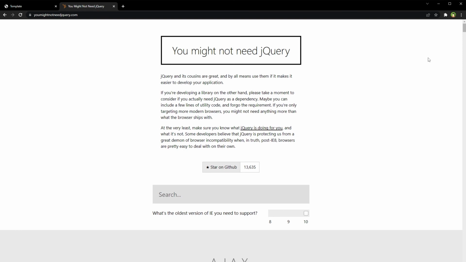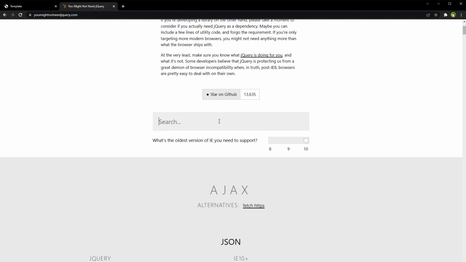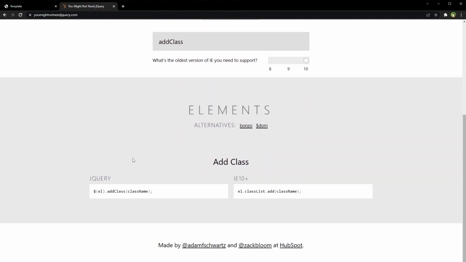And here is the resource that will help you replace anything in jQuery with its JavaScript alternative code. Go to the You Might Not Need jQuery website, search for the method in jQuery, and you will find how to do it in vanilla JavaScript.